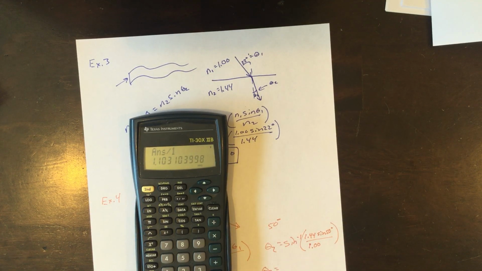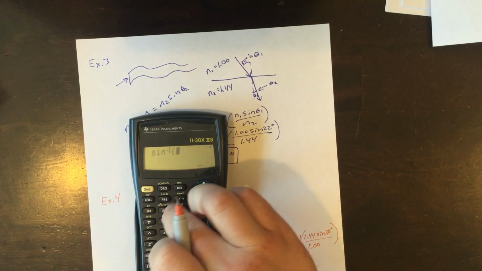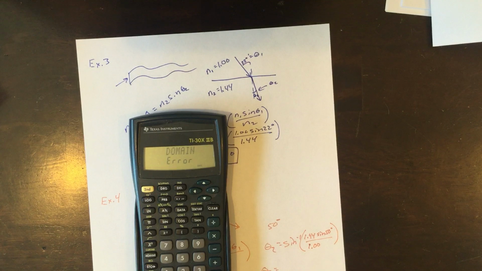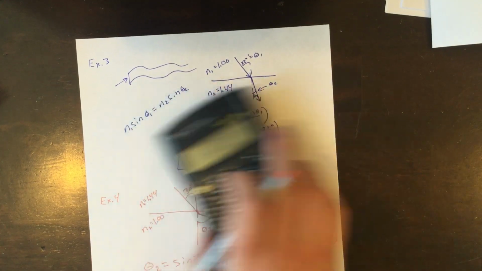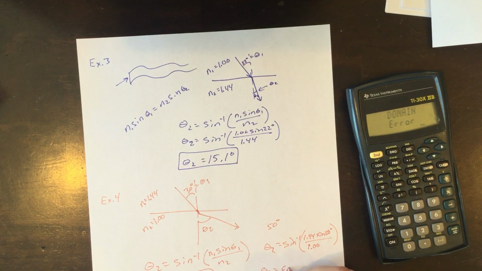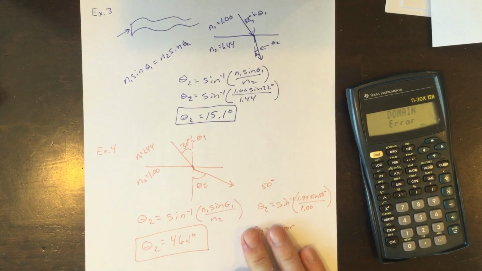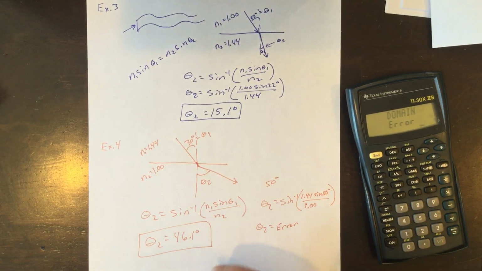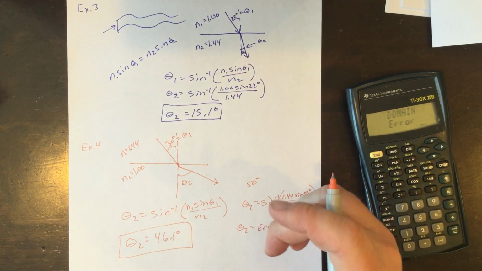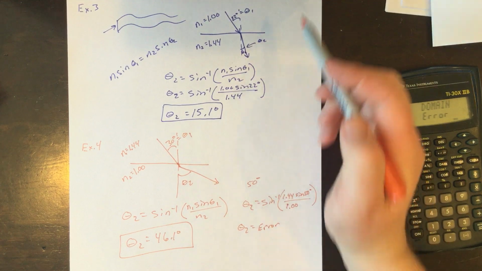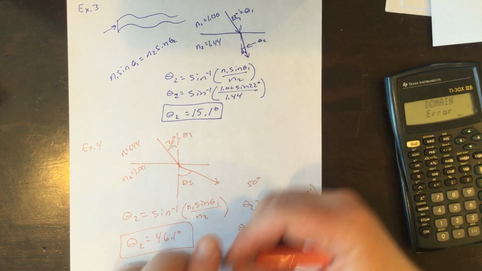Okay, now here's a little thing that we're going to get to. It says the answer is 1.1. Then I'm going to take the inverse sine of my answer and I get an error. Okay, so what does that mean? Some people think that you did it wrong or that I did it wrong. That's not the case. So remember when we had fiber optic cables, or I mentioned them earlier, there's a point